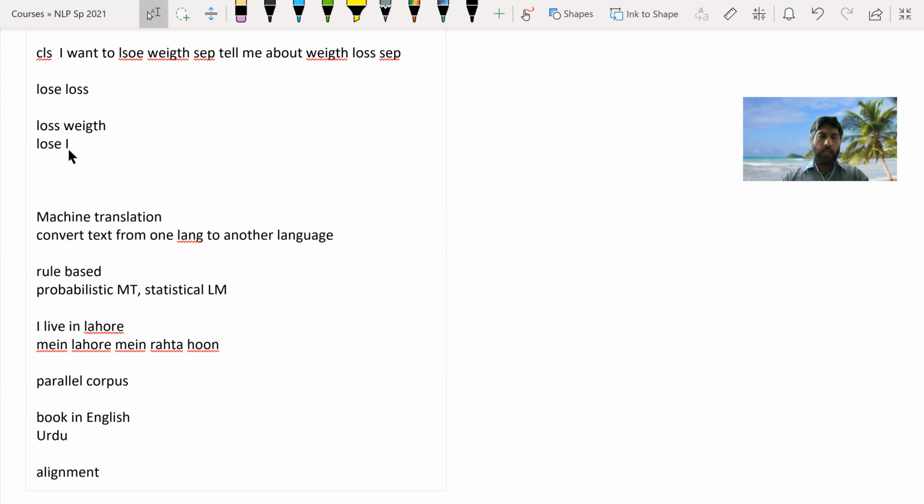Okay, so alignment itself is a difficult problem, and in NLP, people have spent a lot of time on alignment as well. So we won't discuss this in more detail here,